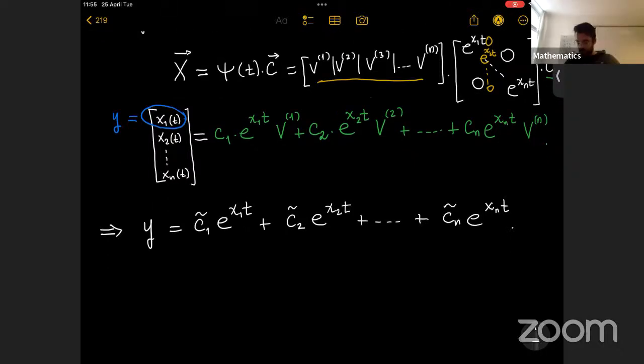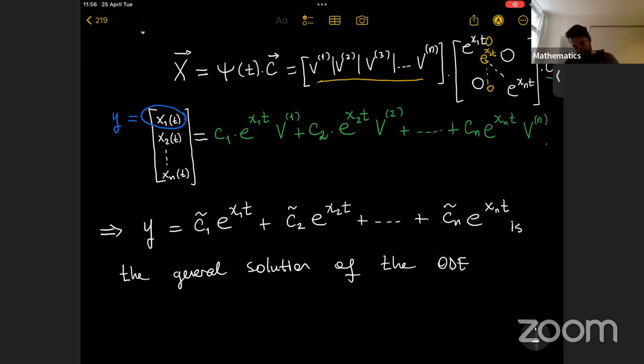Then this is the general solution of the ODE,